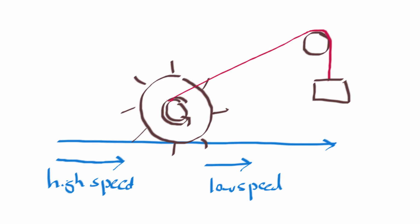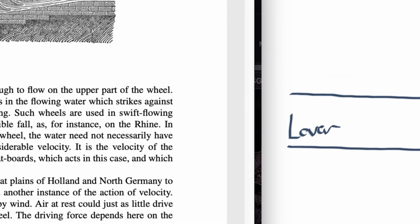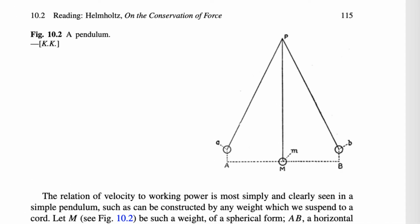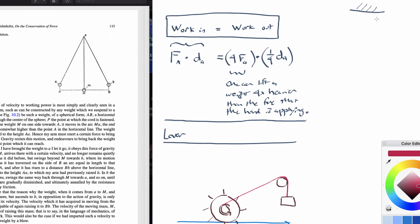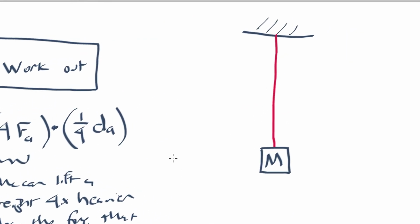There's another example of the use of moving objects to accomplish work, and in so doing slowing them down, that Helmholtz gives on the subsequent page. This is on page 115. This is an example of what's called the ballistic pendulum. So the idea is this: if one were to have a pendulum, a string hanging from a ceiling, and one were to put a penetrable block right here, and that block has some mass m, and if one were to fire a bullet at this block, this bullet has some initial speed,